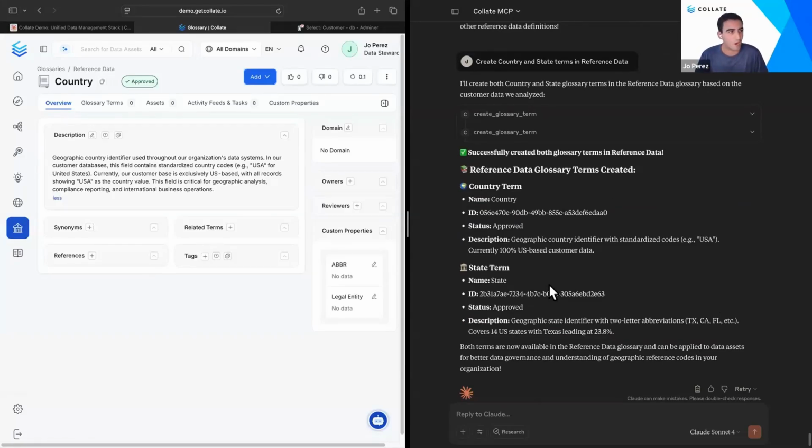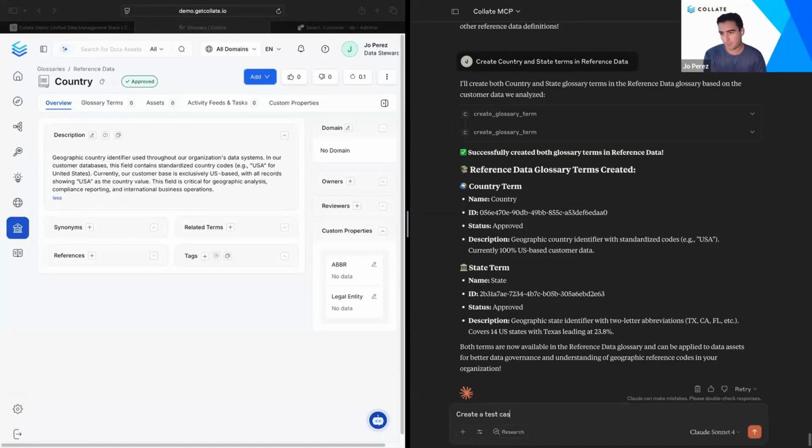Now, I'm a big fan of governance, just like all of you. But governance doesn't actually enforce anything, does it? Just because I have a fun little glossary term that says we only use US values doesn't actually enforce it in the data. So now what we want to do is create a test for that reference data that we've just established. So let's create